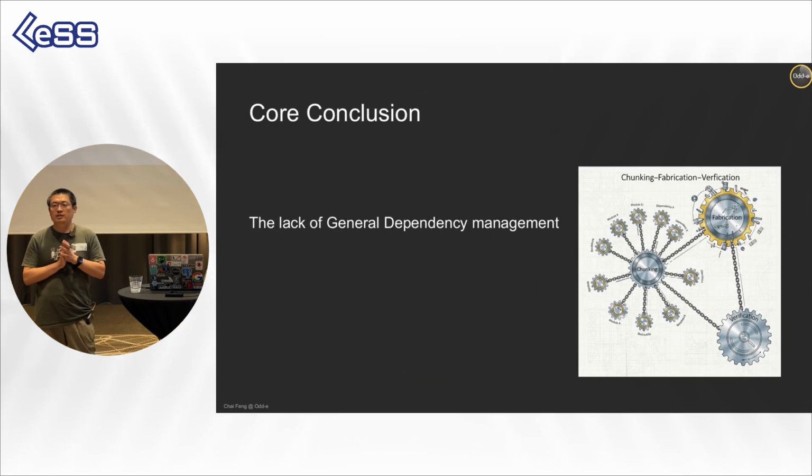Have you realized that some of the problems we discussed today, like building efficiency, reliability, security risk tracing, CI orchestration, architecture governance, these things seem separate and isolated in our daily work, but actually they all share a common root. That is the lack of general dependency management. And through the chunking, fabrication, verification framework of explicit